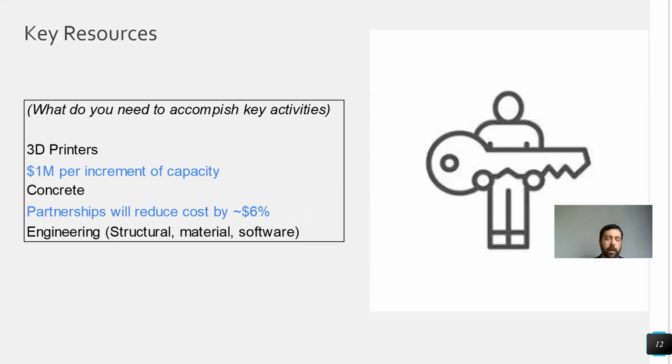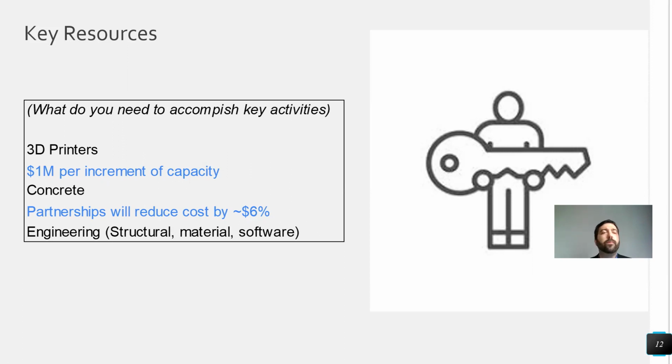So then we thought, well, you know what? The last time was a bust. We got to the end, and we figured out that we could not actually start this business. So we went about the key resources. Some of them were the same as they were in the previous iteration, but we did drop a lot of other costs. And what we came up with was the equipment, etc. It's going to cost us about $1 million per increment of printer and everything that it needs to support that in order to move forward.